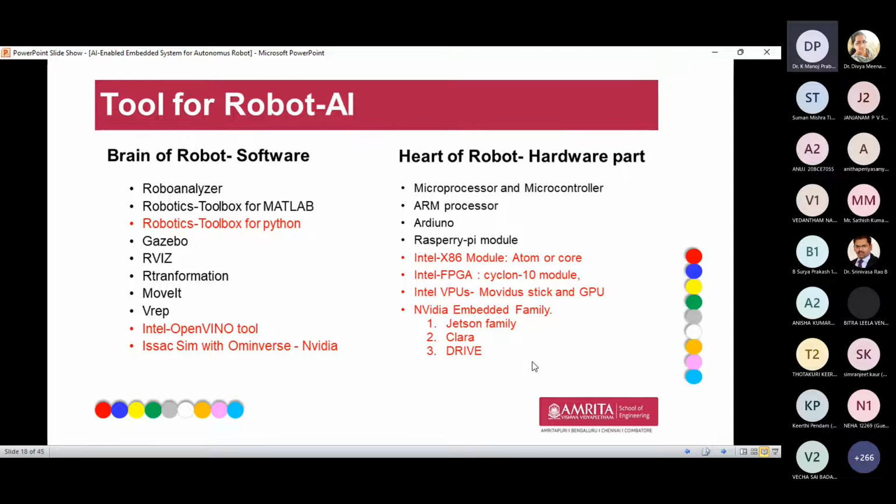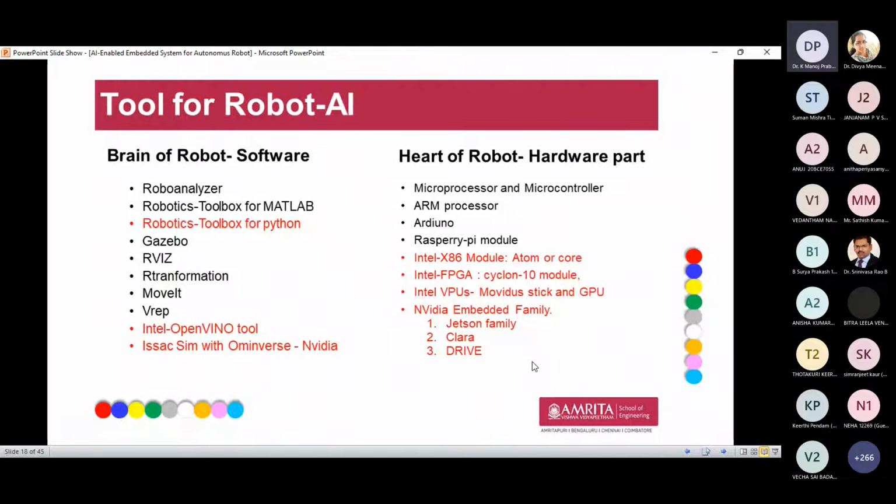In the Jetson family, we have around five models, which are really helpful to design any type of robot, whether it's for robots in supermarkets, path planning, or mobile robots, whatever we can design with the Jetson. And Clara is mainly useful for health purposes, monitoring, and robotic surgery. So Clara is really helpful for designing robots for robotic surgery.